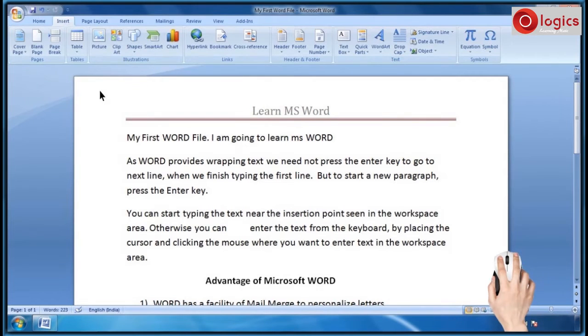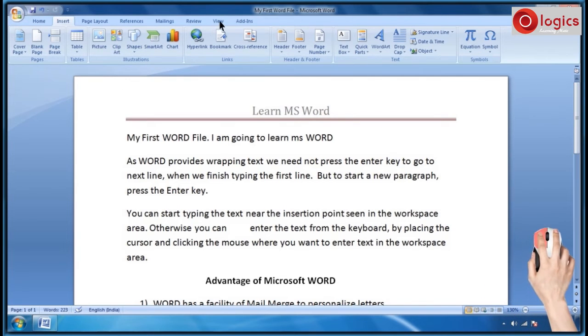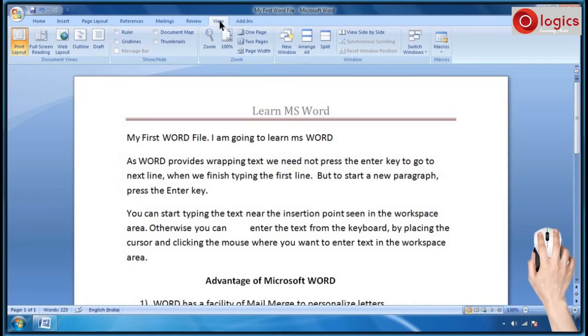Children, do you know MS Word document can be viewed in 5 different ways? Let us see. Click on View tab and go to Document Views group. Here I am going to show you different document views. This is the default view called Print Layout View.